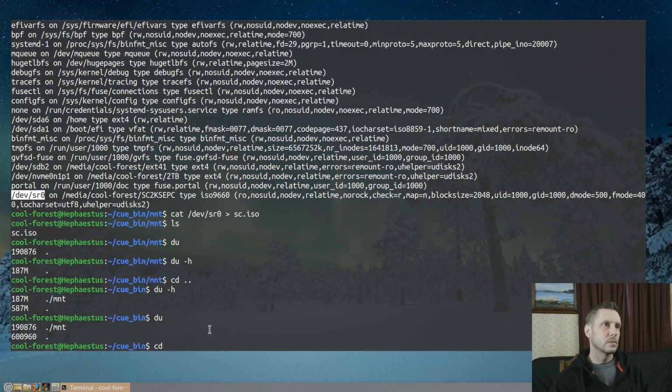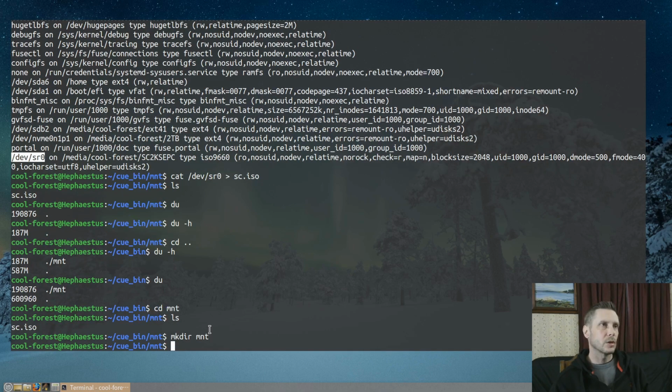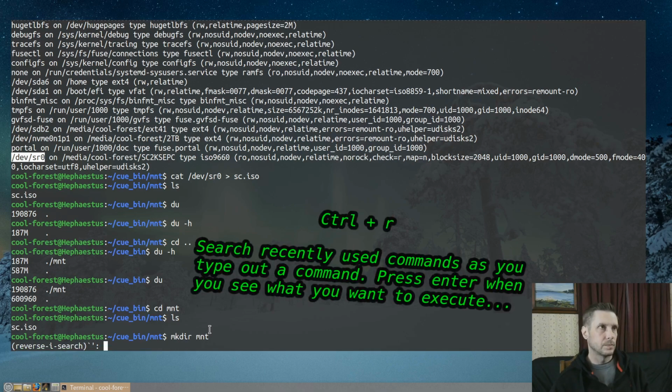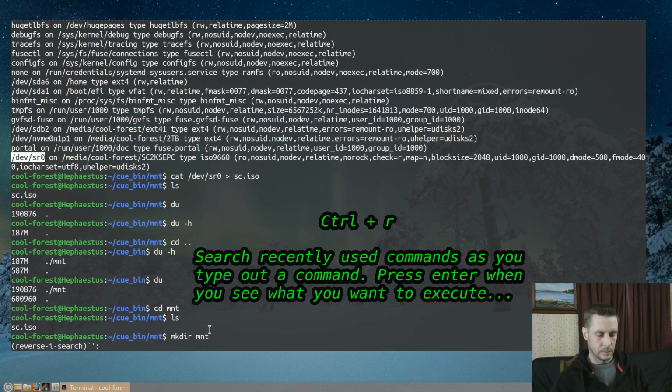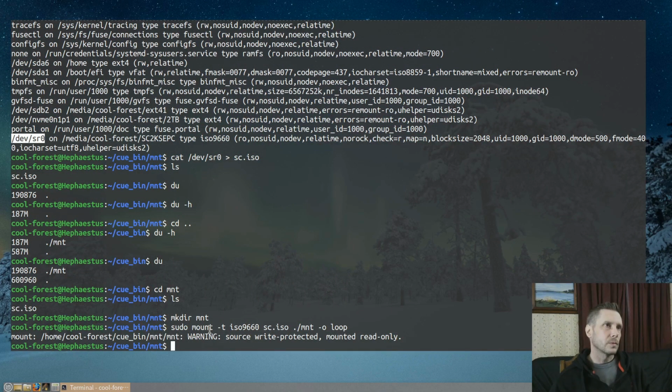So that's a method you can use, and you can go ahead and mount that file. Just make another directory the same. So that's just the same command we just used.